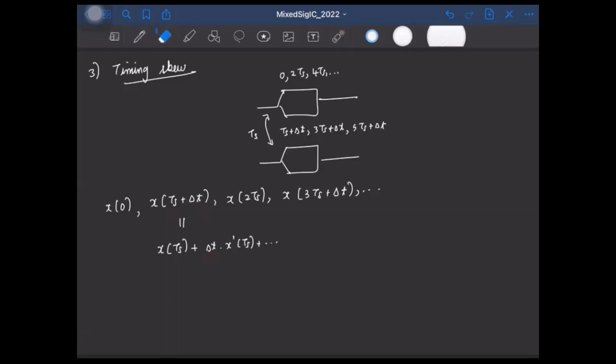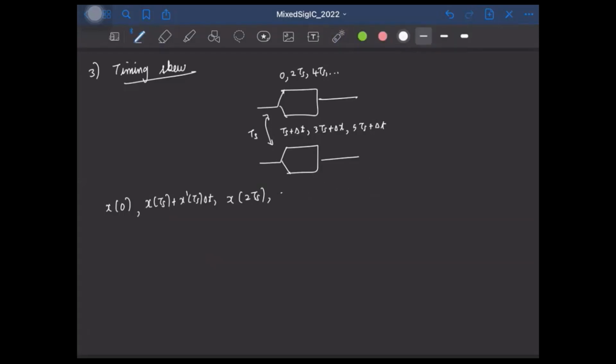Okay, so I will just replace this with the Taylor series approximation, that is x of TS plus x dash of TS times delta T. Similarly for this one, it will be x of 3 TS plus x dash of 3 TS times delta T, right? So now, again, these are the terms that we want ideally. In addition to that, we have these two terms, which are the error signal or the error terms, right? So if I look at the error signal,